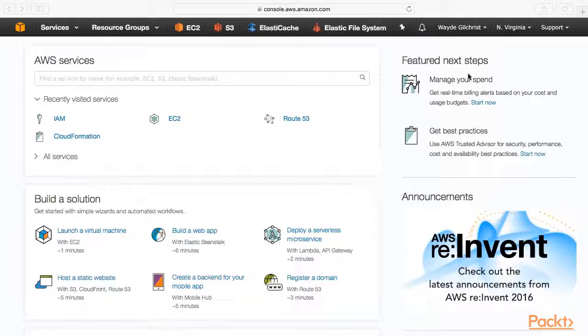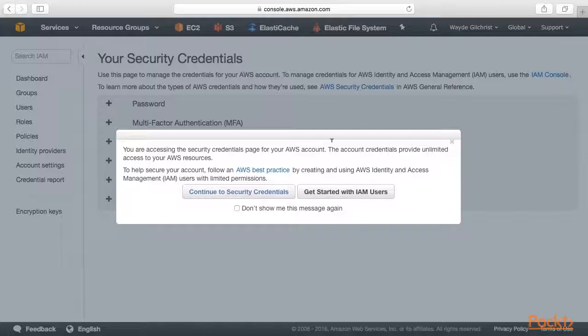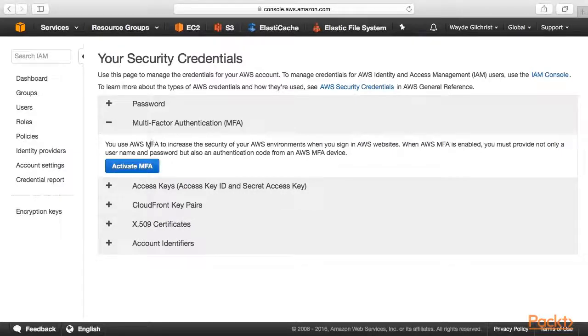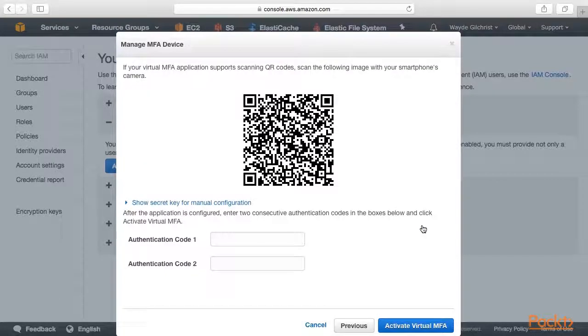So we go under my name and choose security credentials. Here's the pop-up that says that this is an account with full privileges. Let's just go and continue. So let's go ahead and enable multi-factor authentication for my root account. Click on multi-factor authentication, activate MFA. I'm going to use the Google Authenticator application, so it's going to be a virtual MFA device, and then click next step again. In order to synchronize the device in AWS, we just have to scan this barcode with the Google Authenticator app,